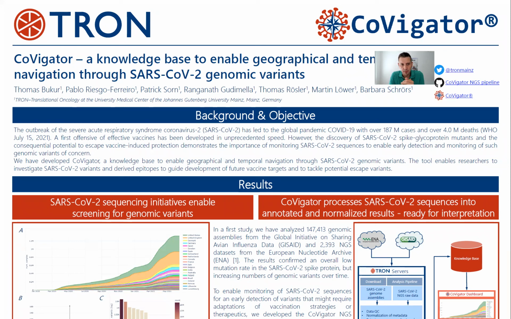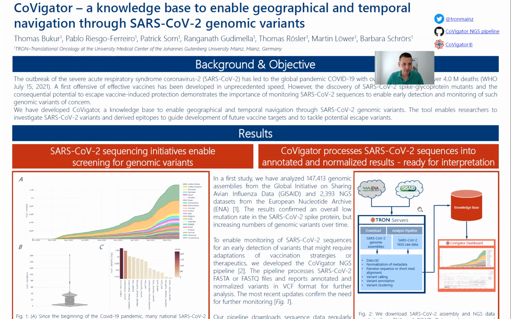In the first study, guided by my colleague Barbara, that we presented on bioRxiv, we could confirm the overall low mutation rate in the SARS-CoV-2 spike protein. However, we also saw that genomic variants were increasing over time. From that study, we concluded that continuous monitoring of SARS-CoV-2 sequences is important for an early detection of variants that might require adaptations in preventive and therapeutic strategies. So we developed CoVigator